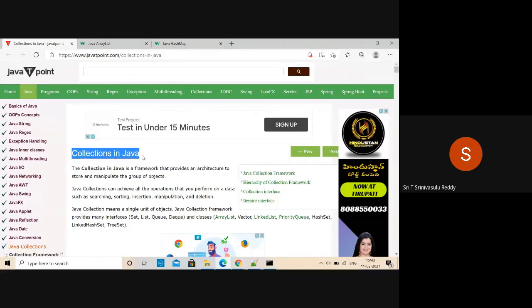And that index can only be a number. It cannot be a name. You can't search through a name. You can only search through an index. You have to specify what is there in the 10th index. Give me the 20th index, what data is available. But you can't ask for, give me something that is stored in Amala or Amar, that is stored in Bharat. You can't give a string as an index.